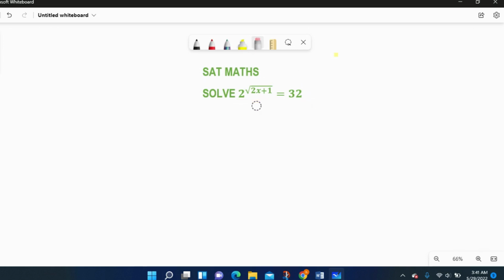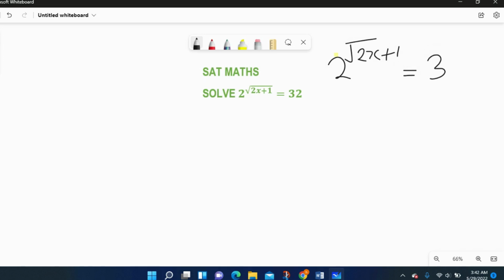This time around, because 32 can be raised to a power to have a base of 2, we're going to make the left-hand side and the right-hand side have a common base. Now to do that, we can say that 2 raised to the power square root of 2x plus 1